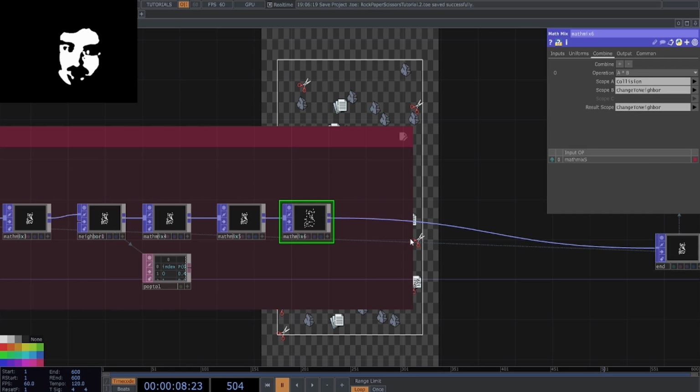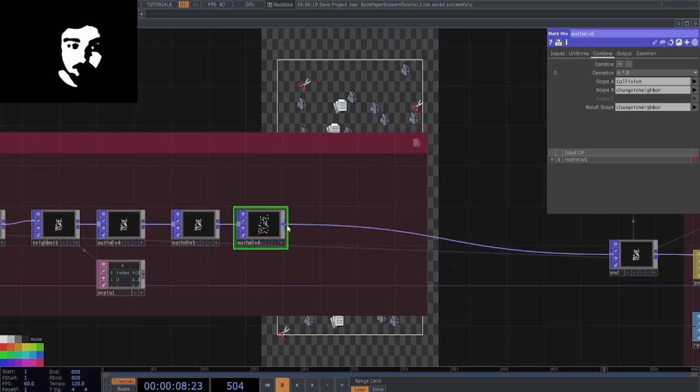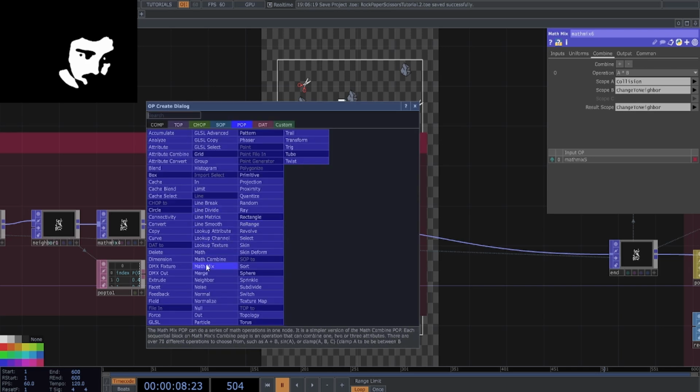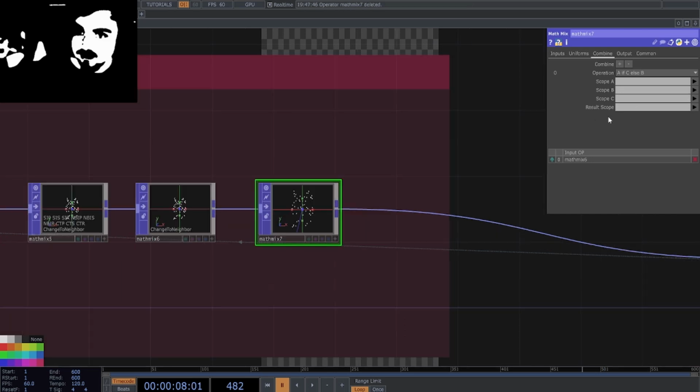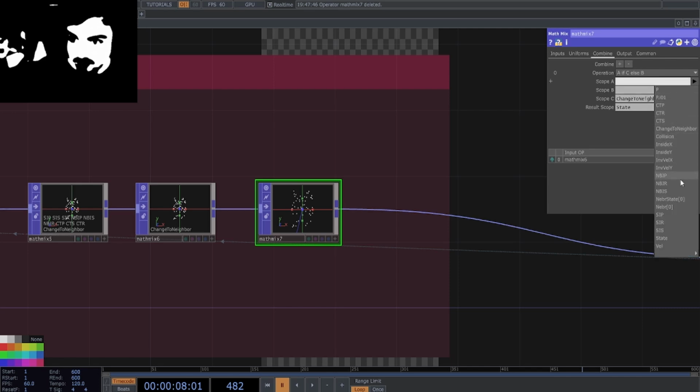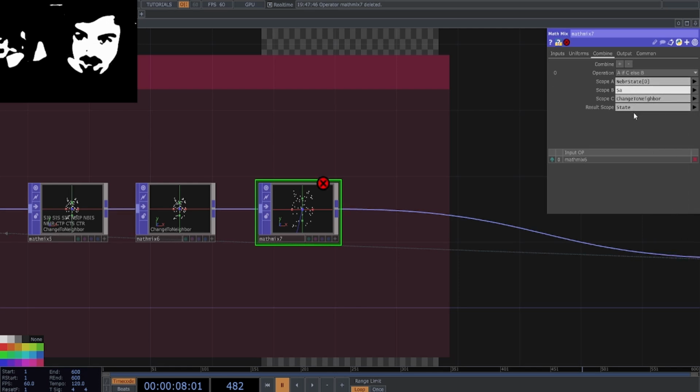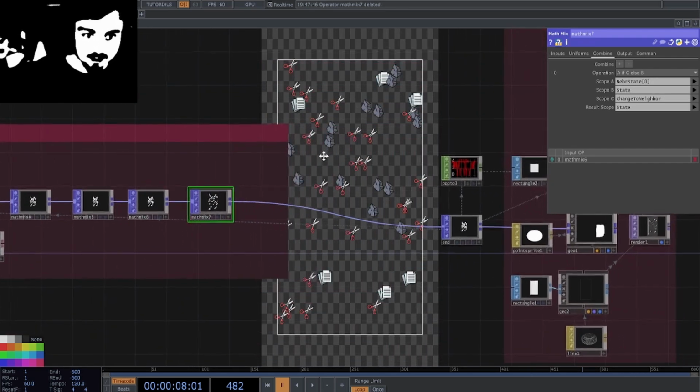And then finally, to actually become our neighbor, we're going to use one last math mix here. And this guy is just going to say if, right? If we use if statements, we want to use A, if C, else B. In this case, we're checking to see if we are supposed to change to neighbor, then our state should be whatever our neighbor's state is. Otherwise, it's just whatever our current state is. So when I give this a play,